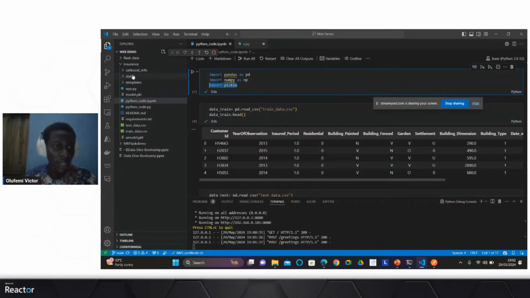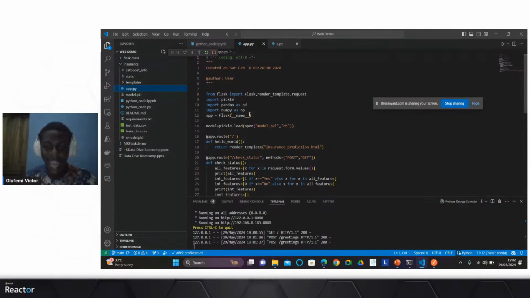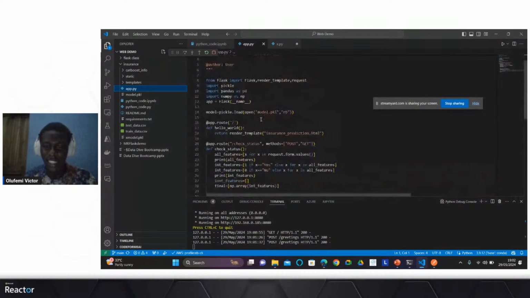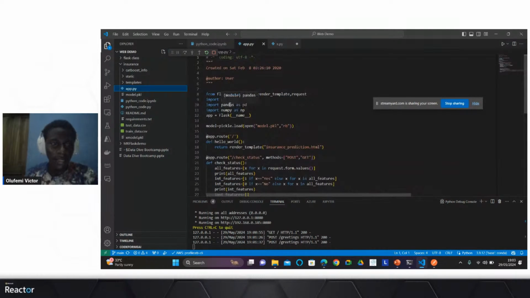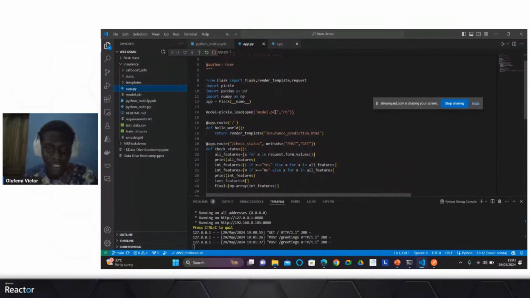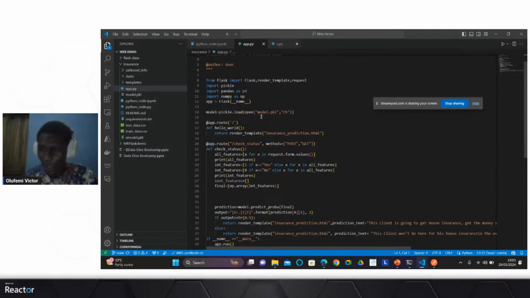All right, so let me go down to the insurance code. The insurance code, which I've just uploaded to GitHub, contains a bunch of things. Among that, it contains the Flask app which I've created to do the deployment. Let me walk you through what I'm actually doing. I've shown you a simple workflow of what Flask can do and how you can build a simple Flask app. Now let me show you what I've done to the machine learning model we just built, right?